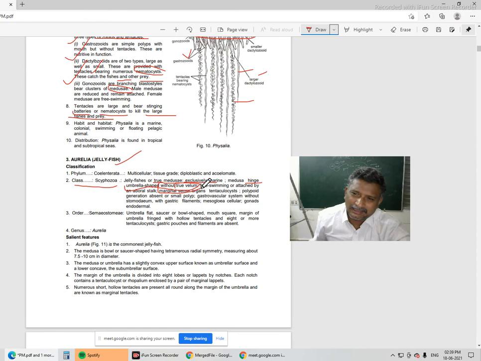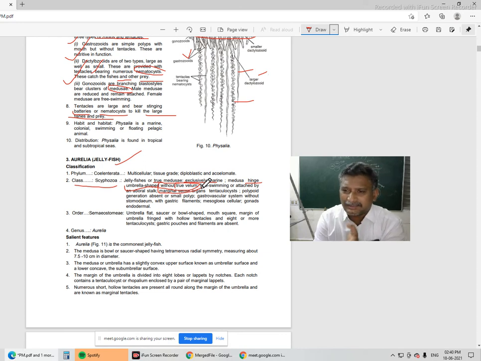Because if you go to the sea or a river and see such organisms, no animal will have a tag on it saying "I am a Physalia, I am a Porpita." Such names are not pasted on their faces. No, sir. Simply we have to pick up that organism and see whether the velum is present or not. If velum is not there, we can say it may belong to class Scyphozoa.